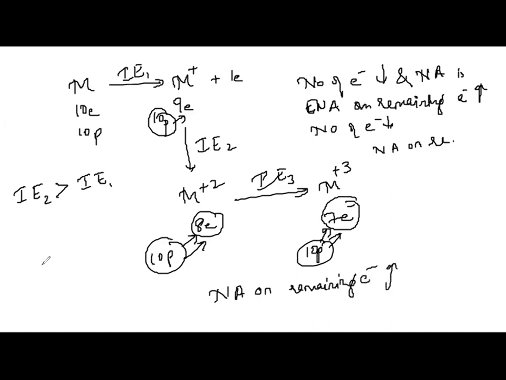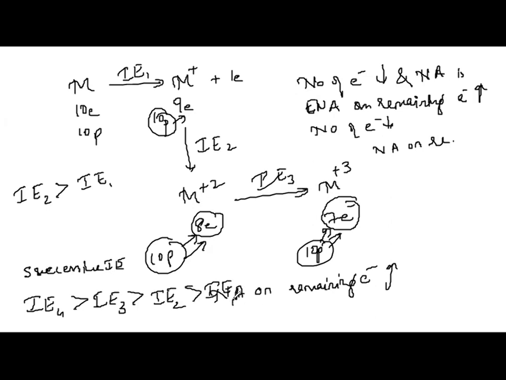increases. Thus the successive ionization energies go on increasing. Therefore, we say the fourth ionization energy is greater than the third ionization energy, which is greater than the second ionization energy, which is greater than the first ionization energy. Let it be for any of the elements, the successive ionization energies will be more, because as the number of electrons are lost, the nuclear attraction, the number